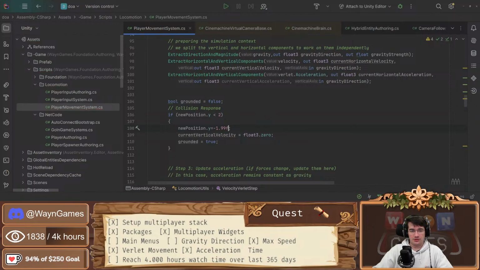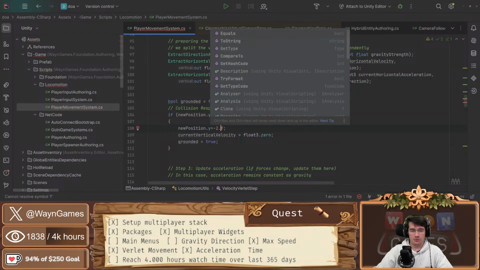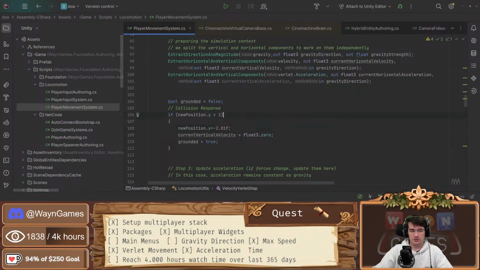Let's try to put it just below. What am I doing here? If the position is above 2, is below 2, that's complete nonsense. That's complete nonsense. If my player position minus 2,